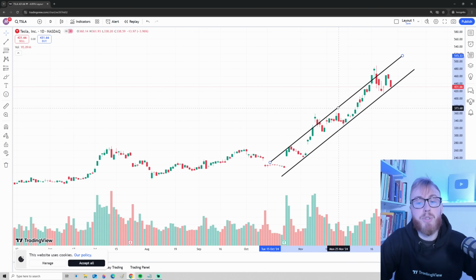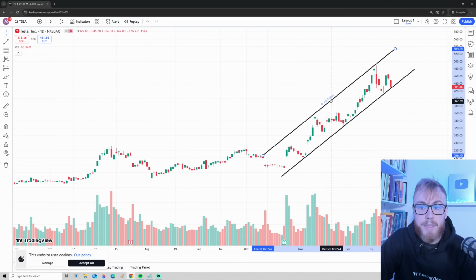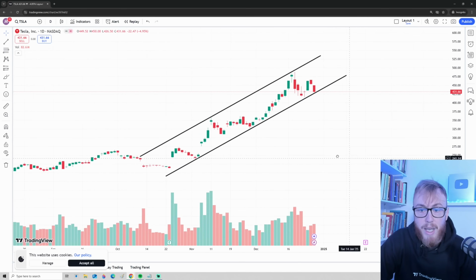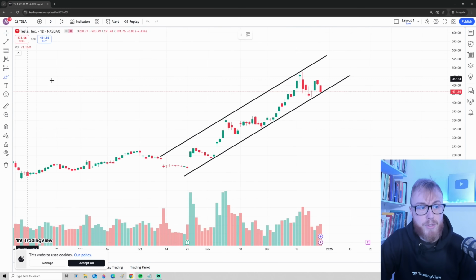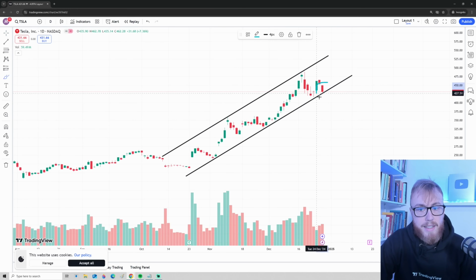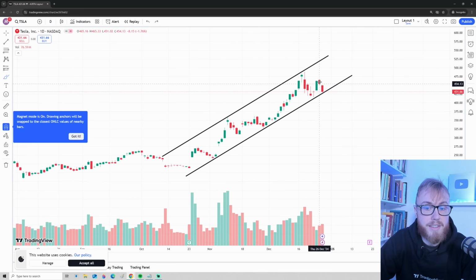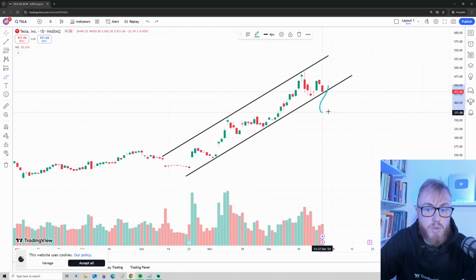This is a line that we just copy and paste, and we can simply draw this line like this. And as you can see, just like that, we have a beautiful uptrend. But as you can see, Tesla is right now testing the low or the bottom line of this trend. So if we get a strong break